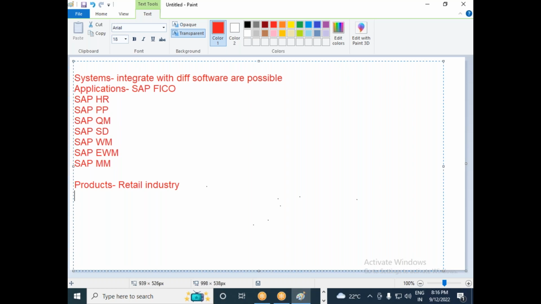So it supports means in the retail industry there will be a business process. In the oil and gas industry there will be a business process, but the execution of the business process in the retail industry and the oil and gas sector completely differs. Maybe you are doing procurement only, but the way of handling the process differs. Why? Because the retail industry and the oil and gas sector are completely different types of business. So you have oil and gas industry solutions.